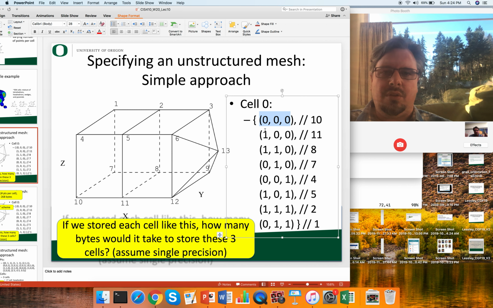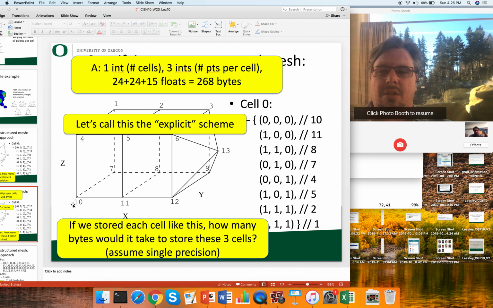So first off, there are 8 vertices, and each vertex has 3 values. So that's 24 values, and each of the values takes 4 bytes. And so I guess that sounds like 192. And then there's an integer right there. Now I have 268, and so what I'm saying is that there are